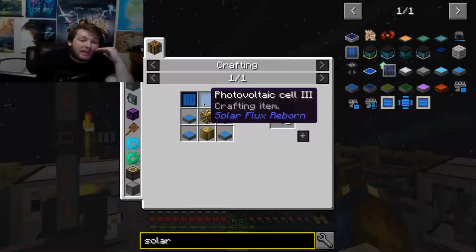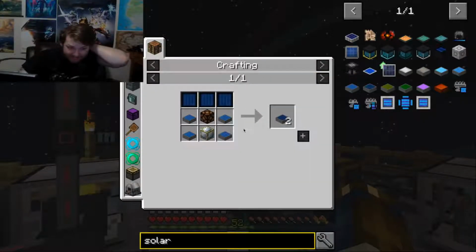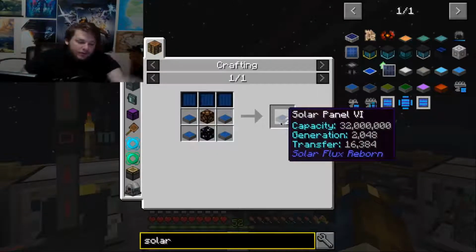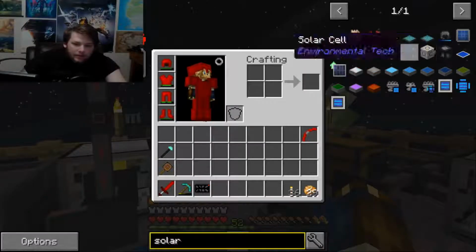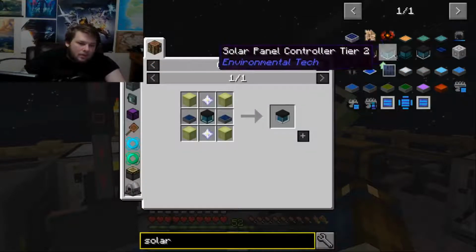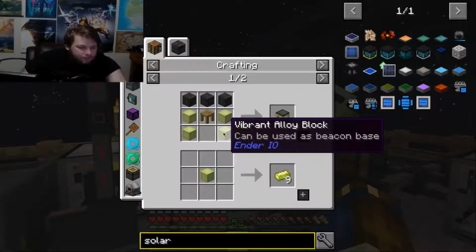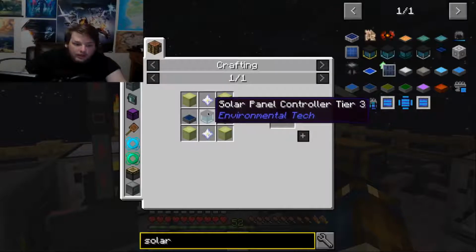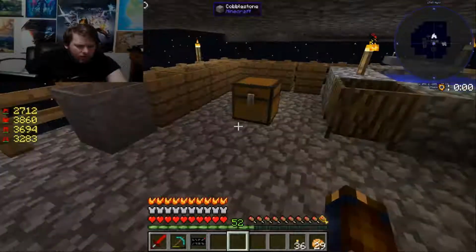Still had to take a step up with this because now it's photovoltaic cell 3s. And what I have under my feet right now are 2 solar panel 6s. So I took the 2 solar panel 5s that I had here, photovoltaic cell 4s, and made the 2 solar panel 6s. Now the reason I've made these solar panel 6s is because the solar panel controller tier 4, which is what we are making, requires the 2 solar panel 6s, the 2 nether stars. And of course, in order to make the solar panel 4s, you have to work your way up through solar panel 3s. Or the tier 3s is I guess the correct word I'm going for. But